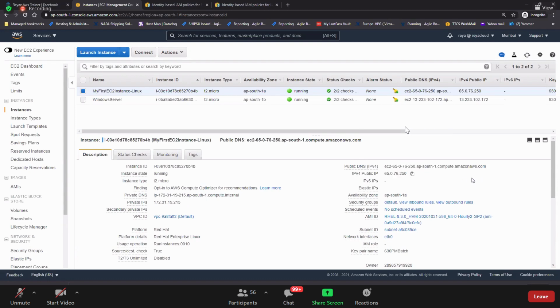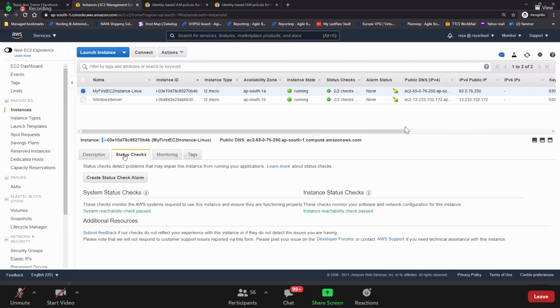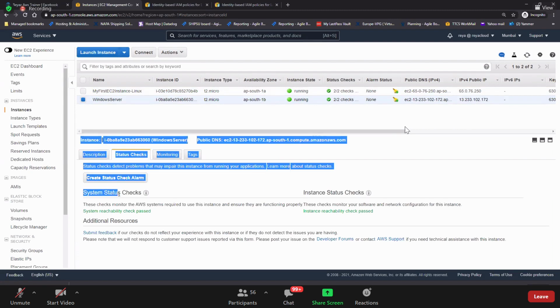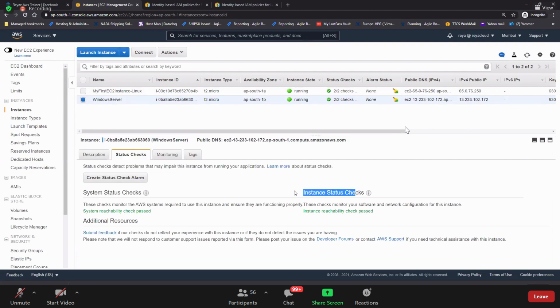Right? So now our topic here is, okay, before going to the elastic IP concept, of course, I'll show you how to connect to these machines, right? I'll show how to connect to the machines. Before that, let us talk about here status checks. Guys, this, yeah, it is changed. So status check, previously it was initializing. So there are two types of status checks. What are those? System status check, instance status check. There are two types of status checks. What are those? System and instance.